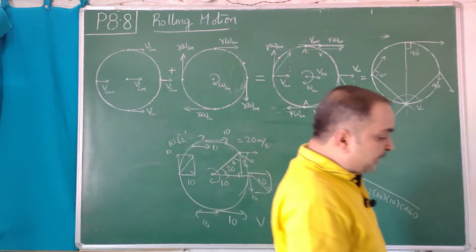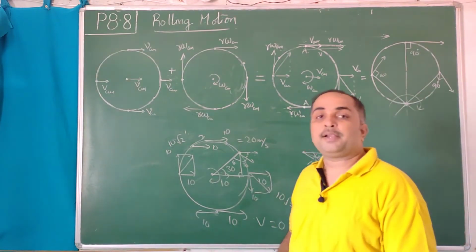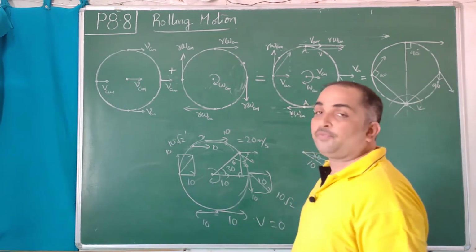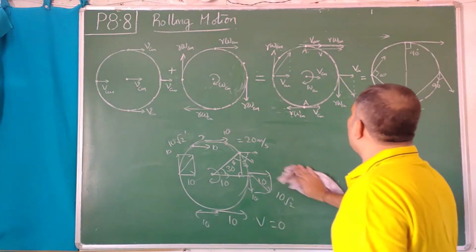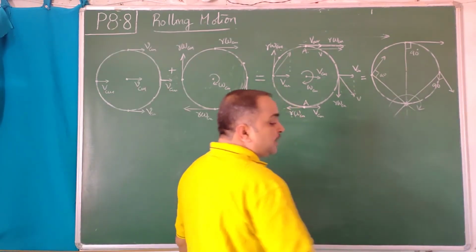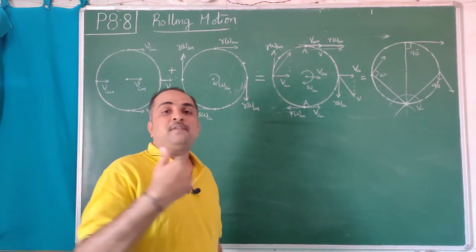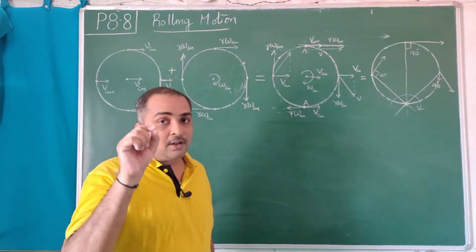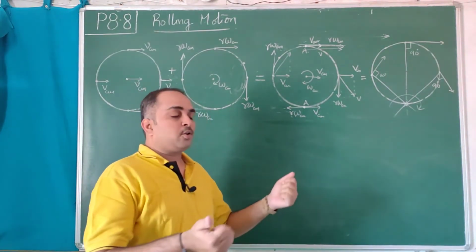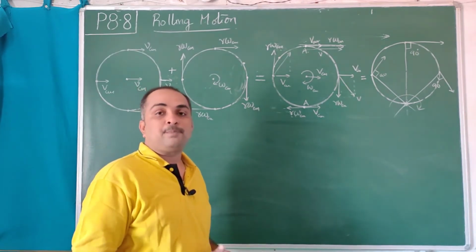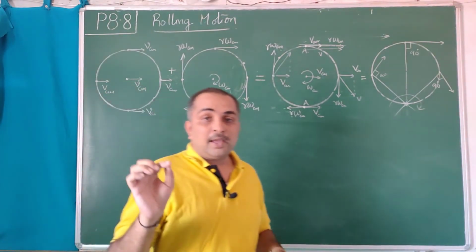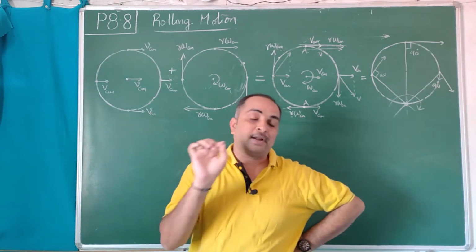In a given wheel, they may give any one point of interest and ask you to find the instantaneous speed or instantaneous velocity of that point. You should be able to find it. So overall, for a rolling object, if a car is going at 36 kmph, it does not mean every part of the wheel is going at 36 kmph. The center of the wheel is going at 36 kmph. So in your house, you have some Honda City car and you are going at 60 kmph constantly. Does it mean every point on the wheel is moving at 60 kmph? No. The car has 4 wheels, 4 centers you take into account.